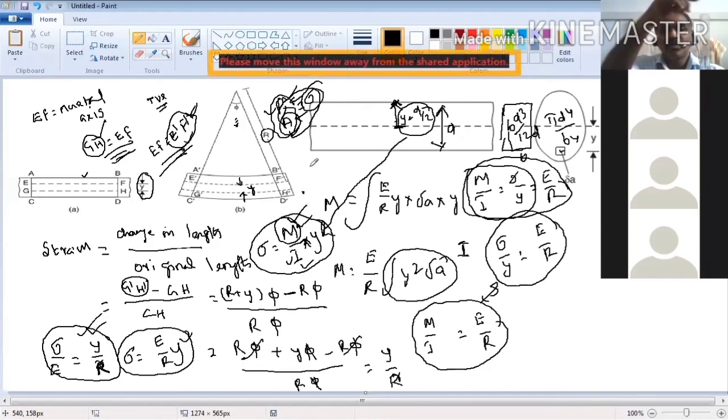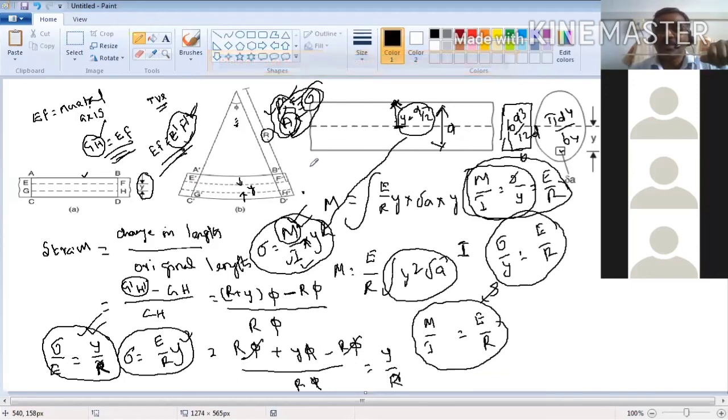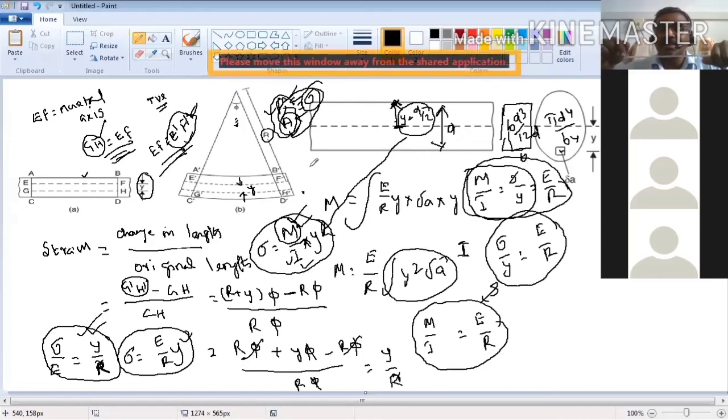So we don't know where the failure will take place when the load is applied. But if you keep the same member horizontally and apply the load, we can say that failure will take place at the support. If load alone were the factor, we could not say where the failure may occur. But here, load alone is not the factor. When the load is applied, the bending moment is maximum at the support.